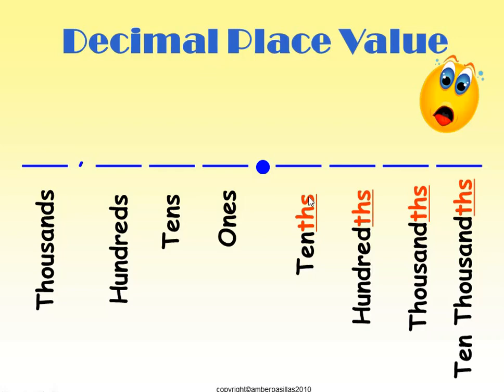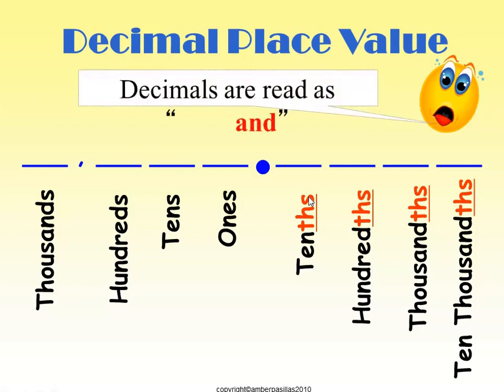Now let's learn how to read the decimals. First of all, I want you to know that the decimal point is read as "and". What do we mean by that? If you face the decimal point, you should say "and". Then let's read this number here. 4, where is it? It's in the ones. How can I read 4 in the ones? 4. No need to change it. But then I notice that I face immediately a decimal point, so I will say "and". So it will be 4 and.